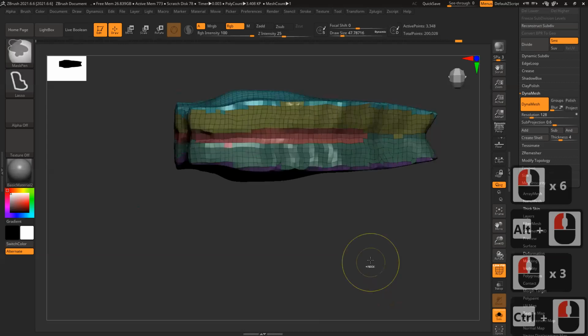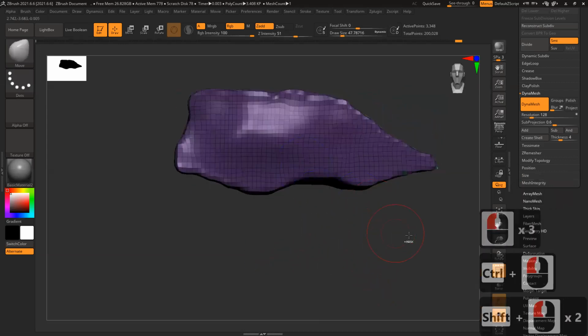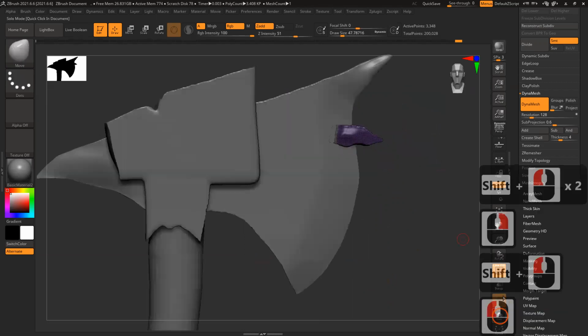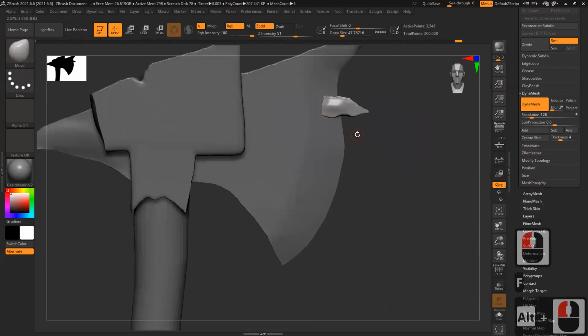Control drag outside. It will fill the entire thing and it will become a solid geometry. Shift F. I got the basic shape here.